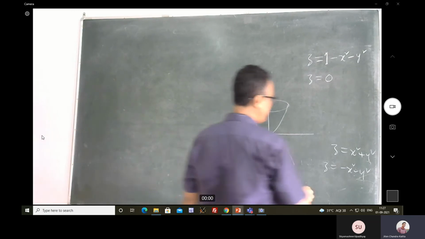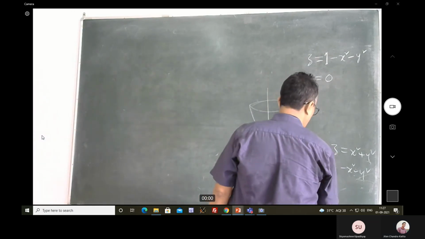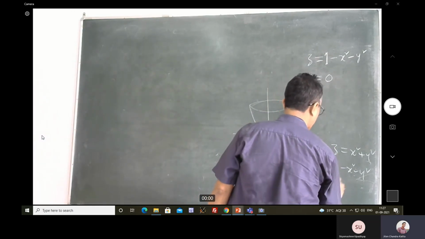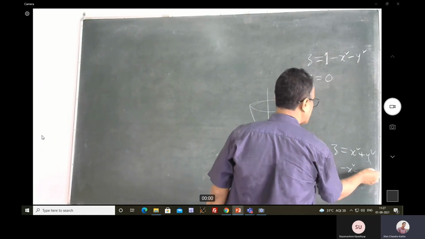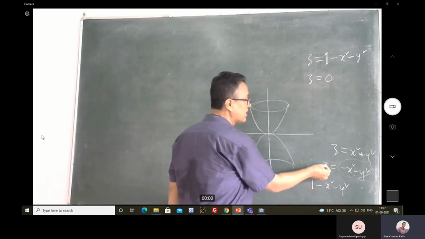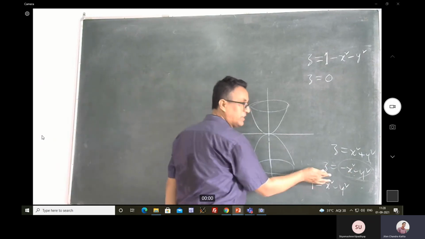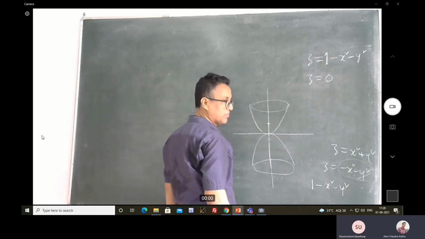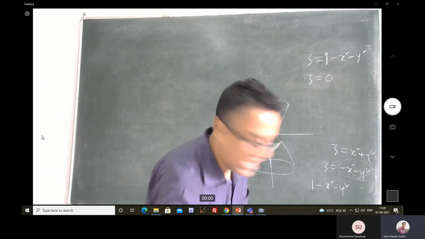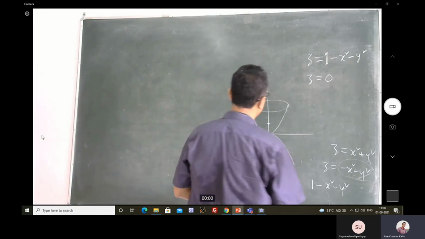And then 1 minus x squared minus y squared. So that is simply what we have to do. We have to lift the paraboloid that we obtained from this one by 1 unit up. So if I lift it 1 unit up,